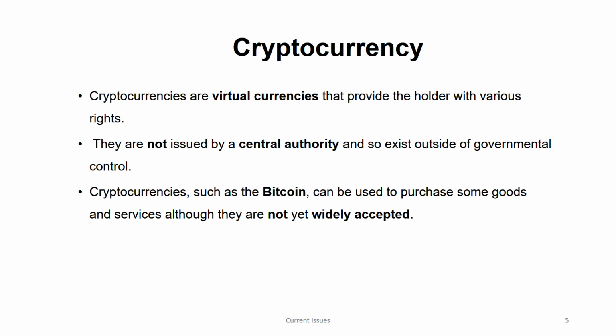Bitcoin is something you can use to purchase goods and services, but it is not widely accepted yet. Maybe in future it will be widely accepted. Normally you have currency in your hand and you use it to buy and sell. Maybe Bitcoin also might become widely accepted in the future, but currently it is not. That's why it's in bold. These are not accounting aspects, these are some features of cryptocurrency, on the first slide.